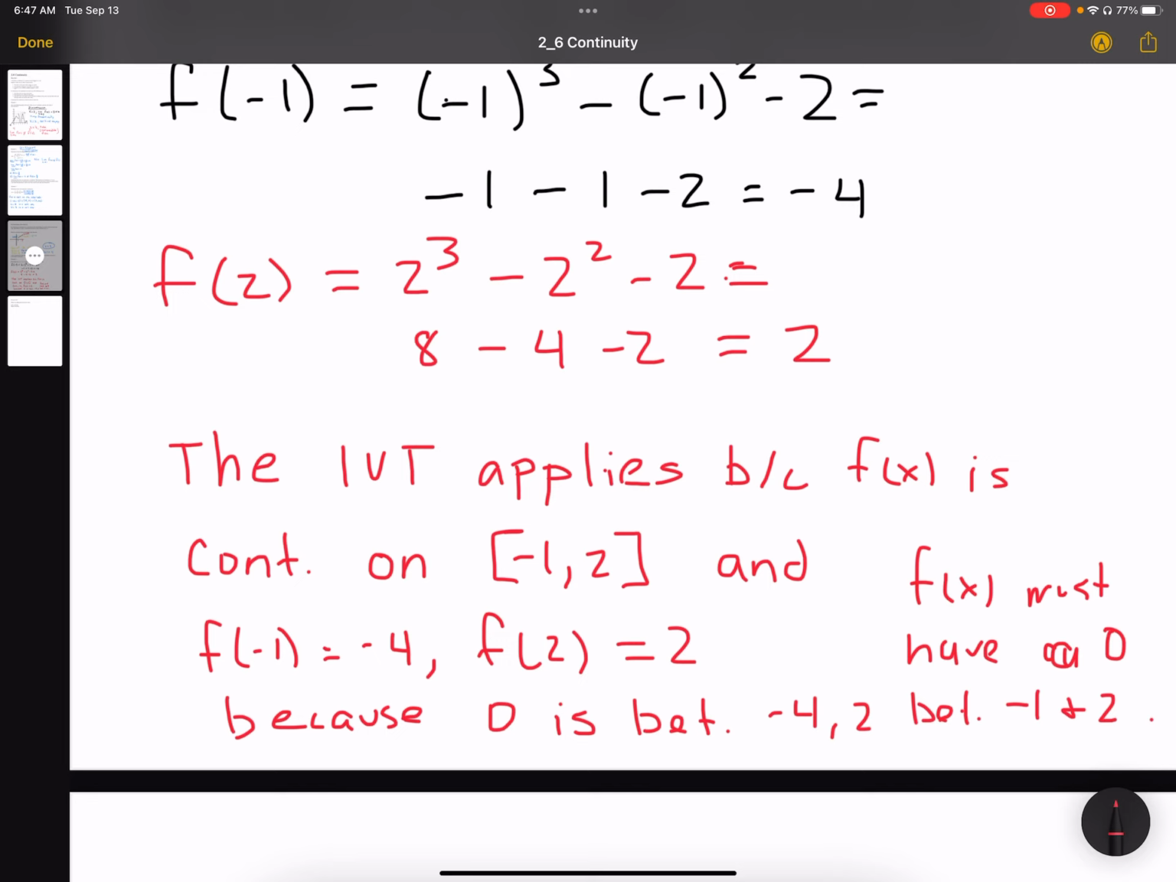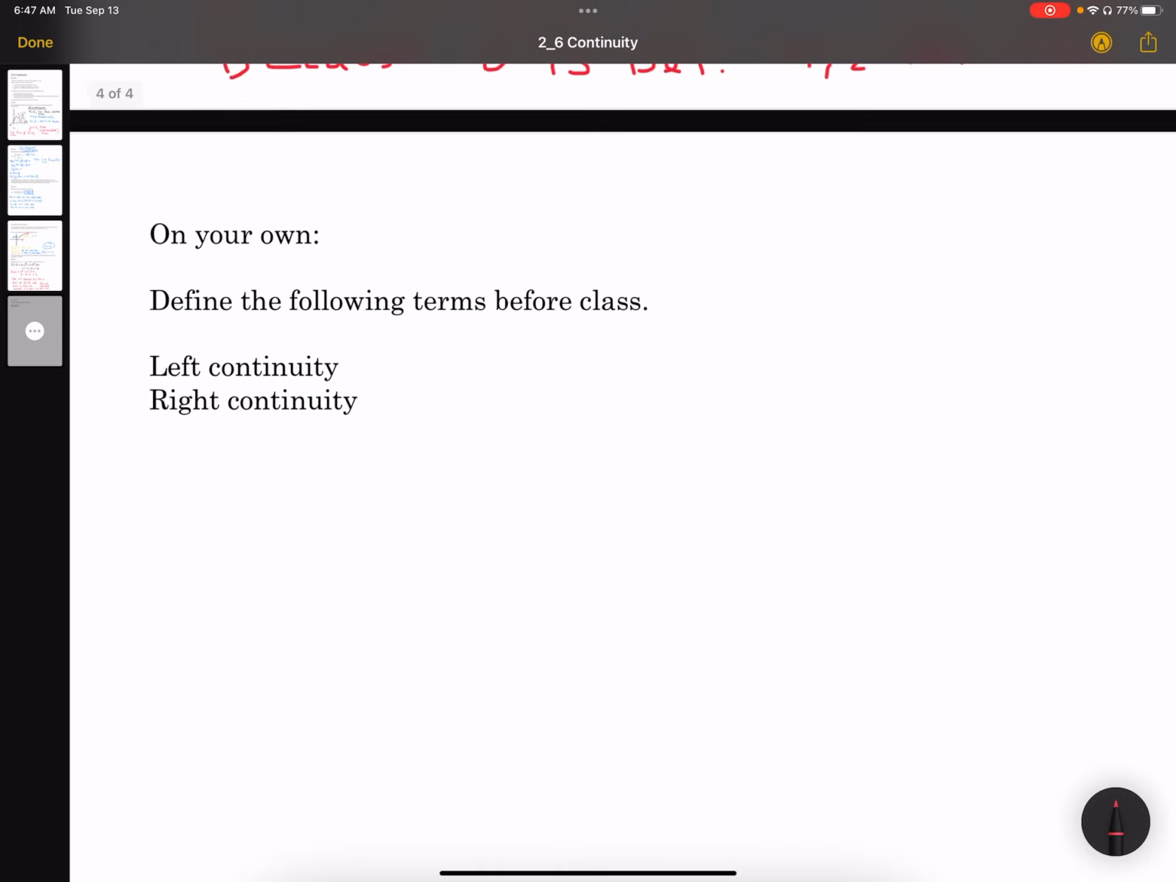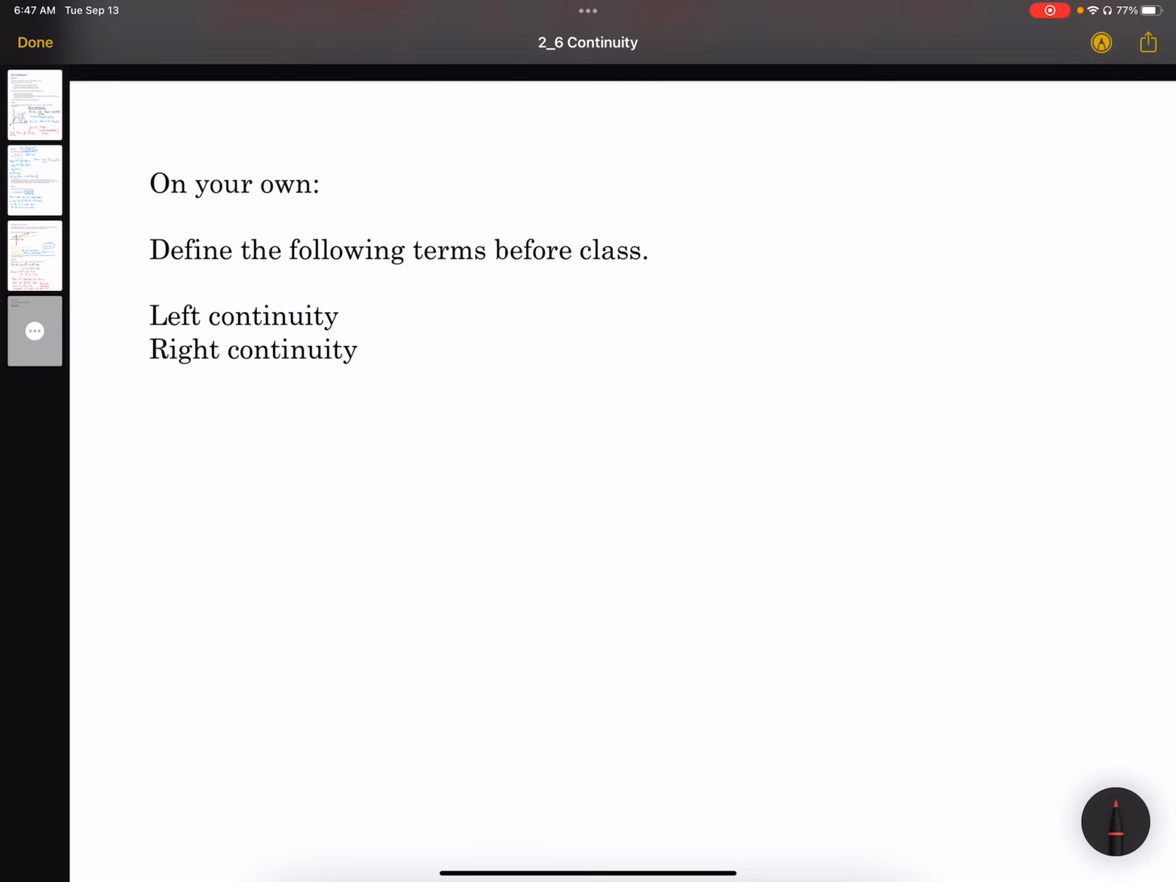Now, what that 0 is, that's not up to us. We'll learn other methods for finding zeros for functions that can't factor. That's something that we'll do when we get to Newton's method. So all we have to do is say the intermediate value theorem applies here. And so for the last thing, for class on Wednesday, just look up and define left continuity and right